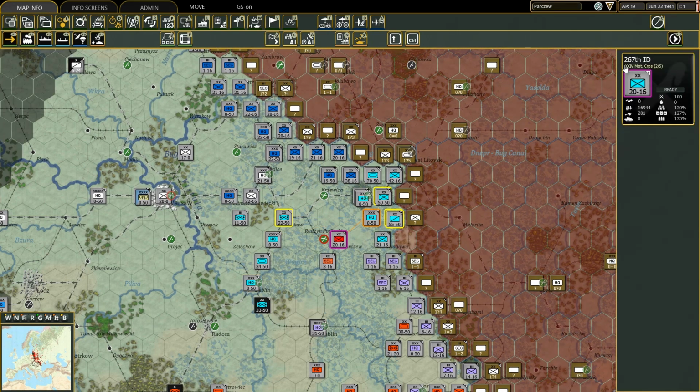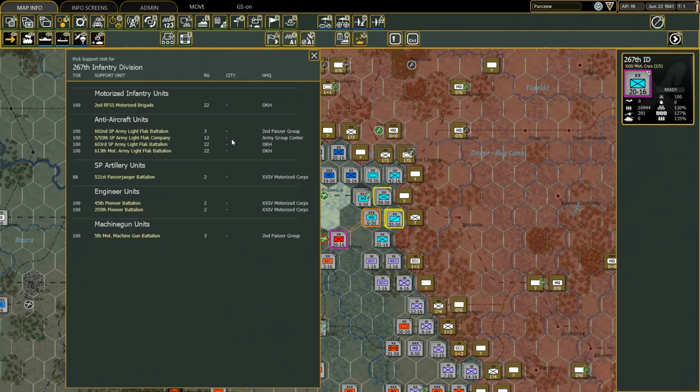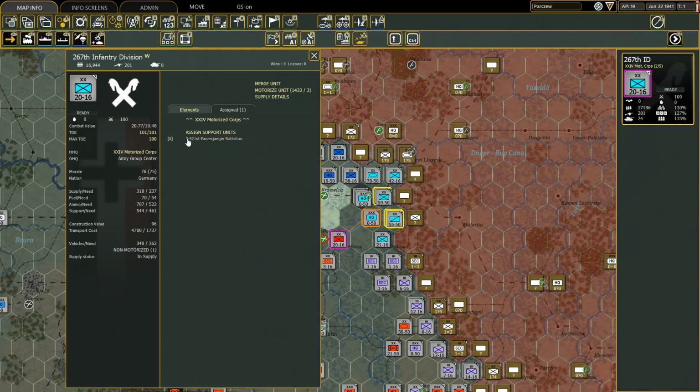We can give it a try, and also because there is a bit of interface that needs to be mentioned. In this case, I want to attach, for instance, the 521st Panzerjäger Battalion to the 267th Infantry Division. And I clicked on the unit. The unit has now been selected, and you see here there is a small star. Now the star indicates that this unit has been assigned on this turn, and there is also a disadvantage, because any support unit that is moved, let's say within its very first turn, will have a -1 admin check penalty,